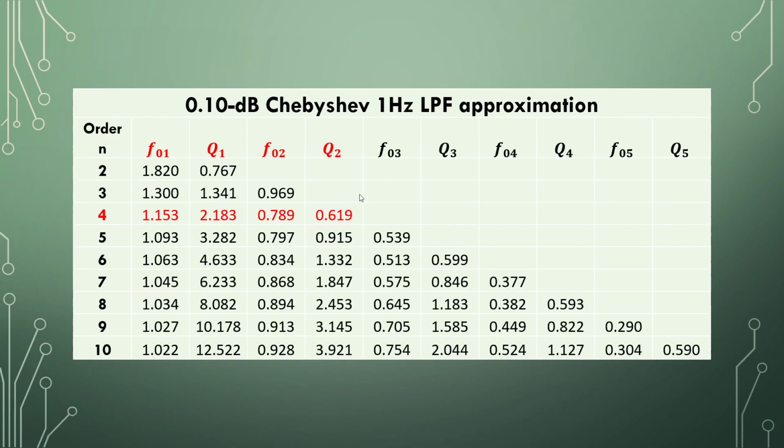Right, so from the table, fourth order, so for our first KRC stage, F01 is 1.153, and we have a high Q factor of 2.183. Second, smaller frequency, lower Q factor. Right, so these are the values that we're going to use in the first stage and this in the second